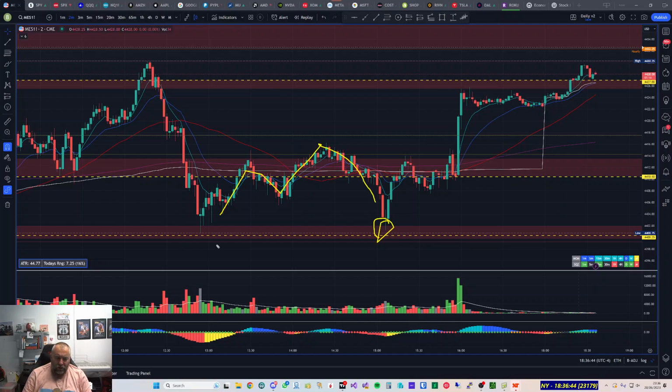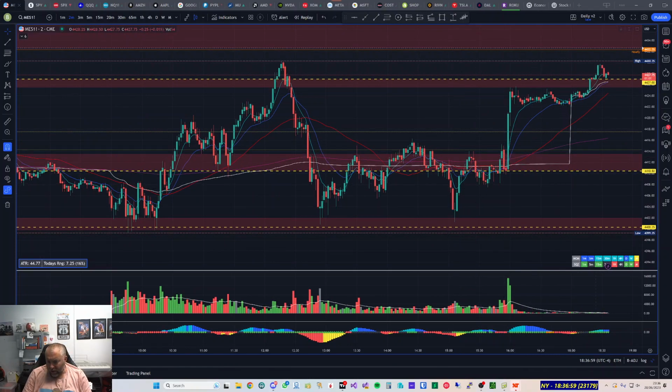And I probably should have taken that long again. Maybe that area was stopped down there, but I didn't need to. I was done for the day. So I had a good green day. I didn't have a single losing trade, and I then walked away. I walked away after this trade, and I spent time with my daughter.